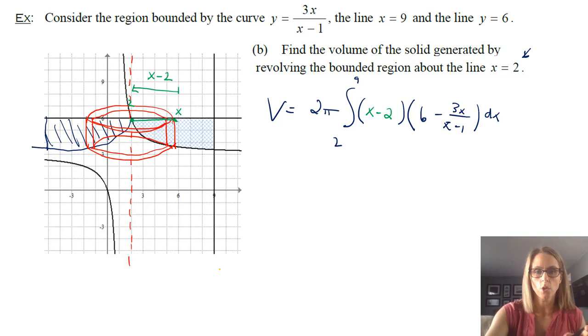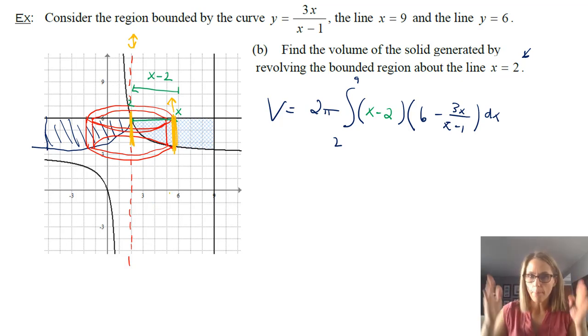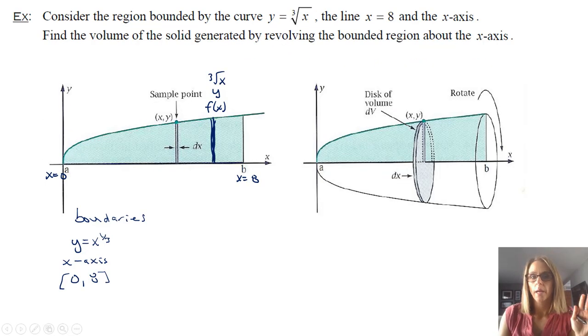Again, I can show you on one of these as well. Notice in this case, our axis of rotation is this line, but here is our cross section. So our cross sections are in the same direction as the axis of rotation. And that parallelness is telling you the shell method. And here is one of the problems we did in section 5.2.